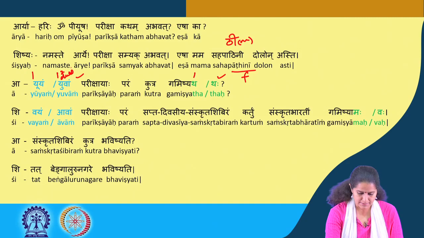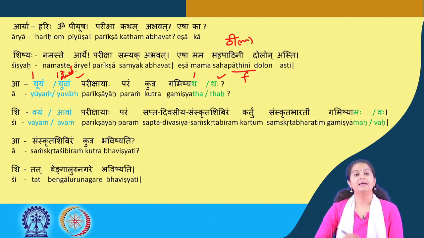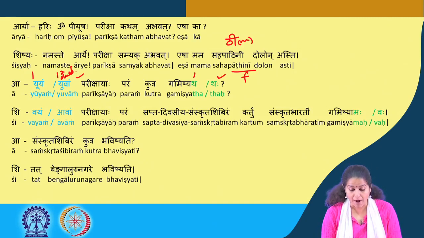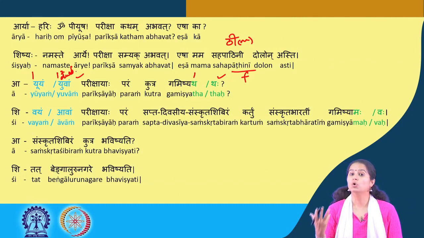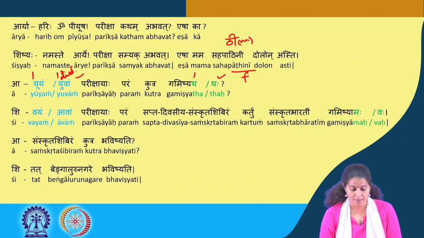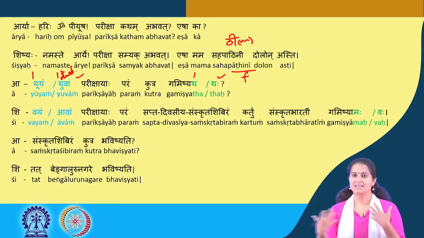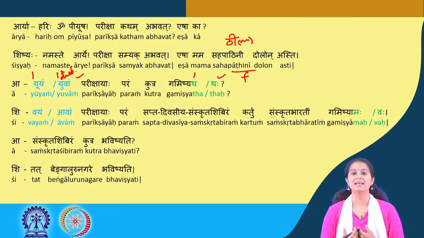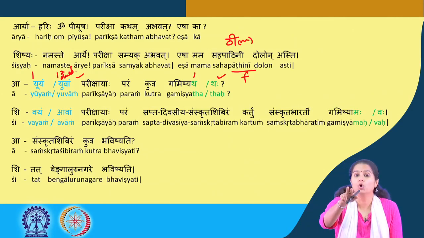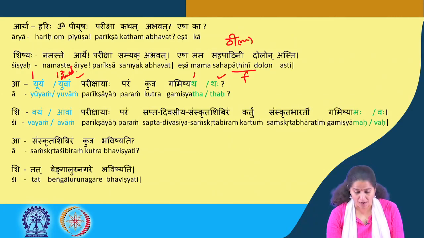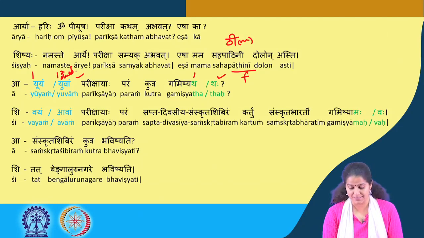The dual case. Okay, and therefore you have the Yuvam Parikshayah Param Kutra Gamishya Thaha. Moving on. Vayam, plural, but in the dual case it is Avam. So Yuvam and Avam Parikshayah Param Sapta Divasiya Sanskrita Shibiram Kartum Sanskrita Bharatim